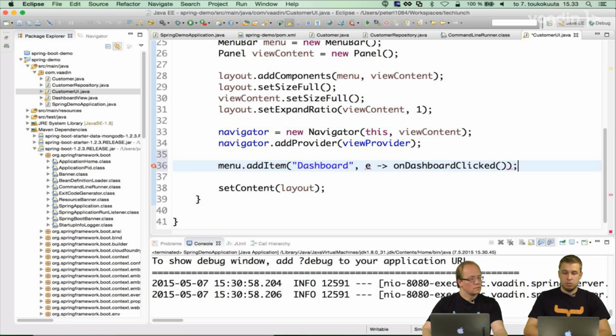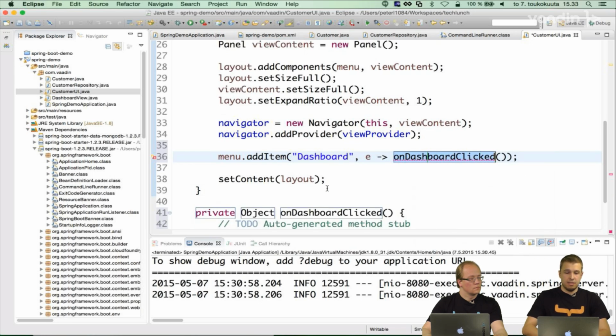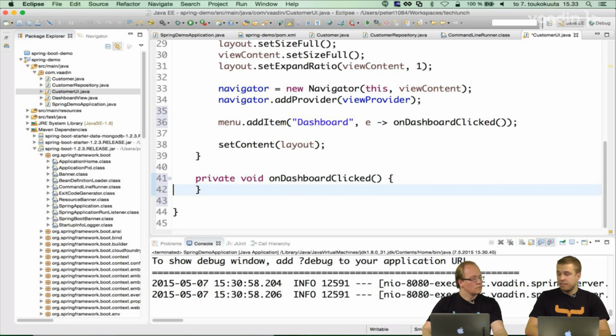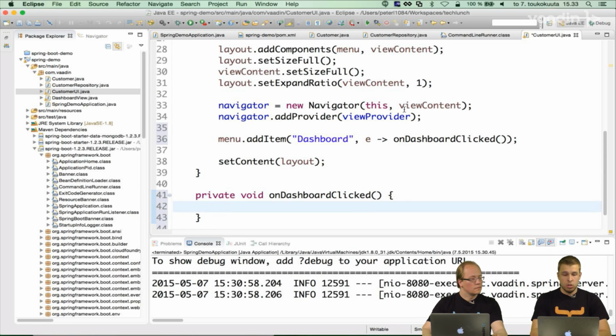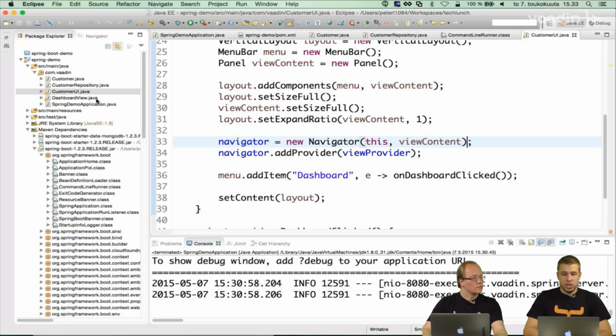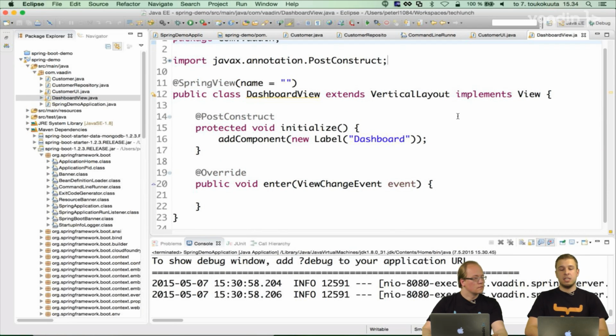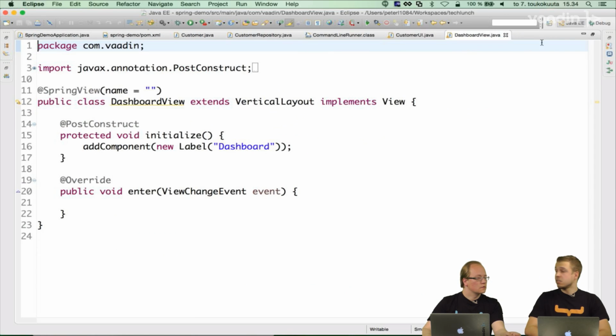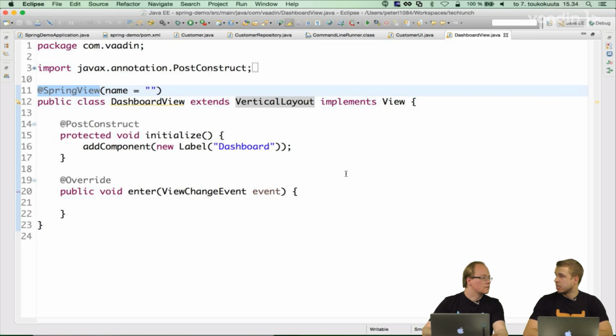And what we might want to do is to make a method that simply navigates with our navigator into the actual dashboard view. So we say navigator navigate to dashboard, like this. After which we of course need the dashboard view, which I have prepared for us right here. So it's just a simple Vaadin view class extended from the vertical layout in this case, implementing the navigator view interface, and having the Spring View annotation that now defines the